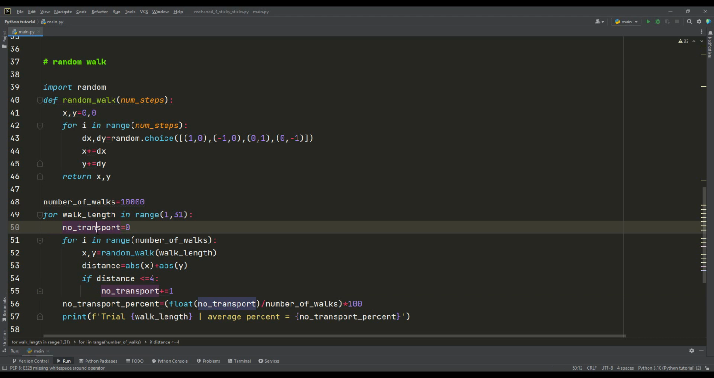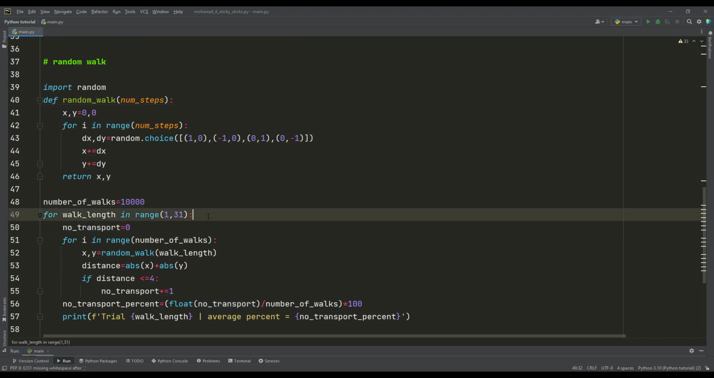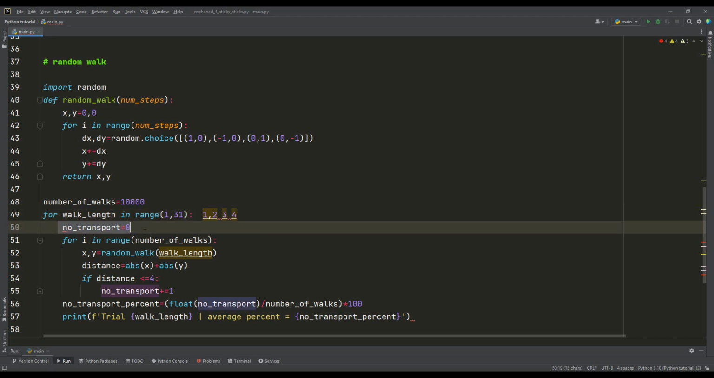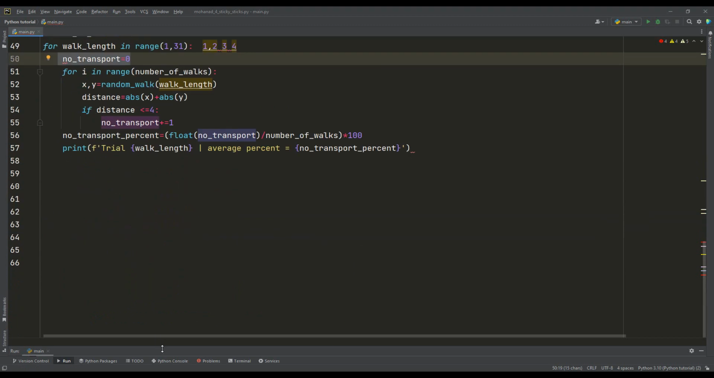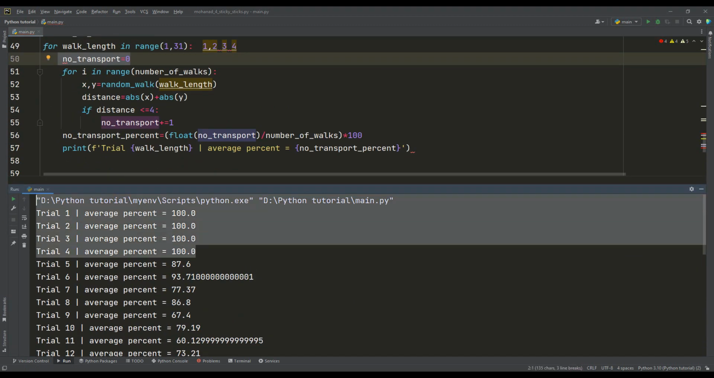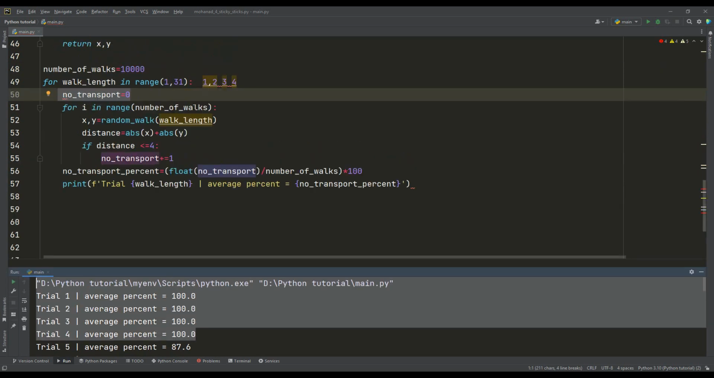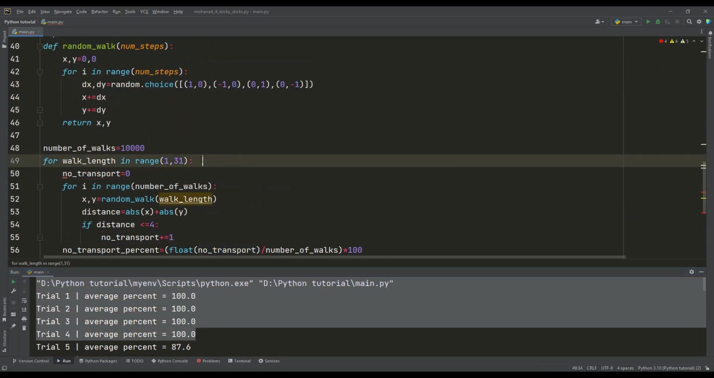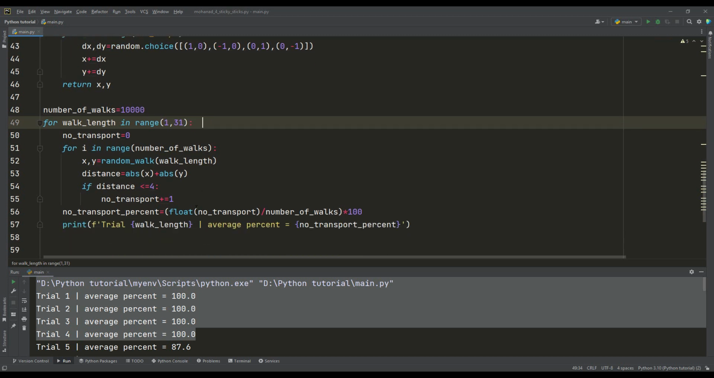this no transport variable. So this no transport variable will be 10,000 if I move in step 1, 2, 3, 4. So for 1, 2, 3 and 4, the no transport is 10,000, and it will be like 100%. I need no transport. Now, if I move in another, like 6, 7, 8, 9, I repeat the experiment based on the random sampling,